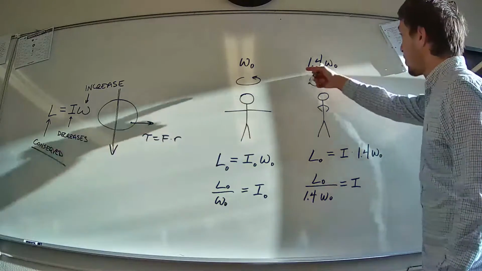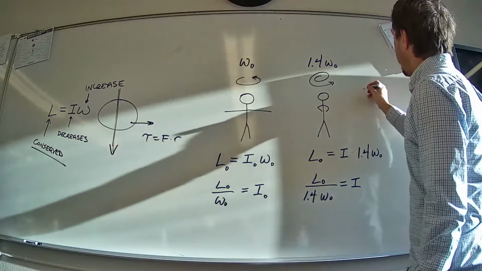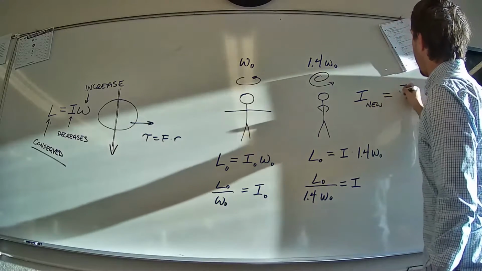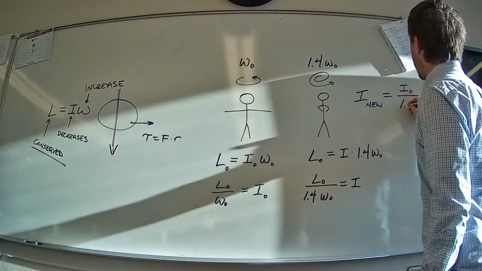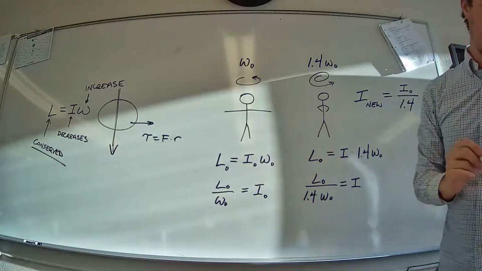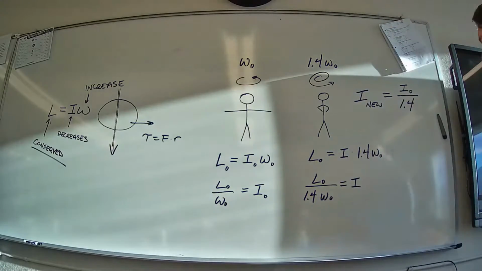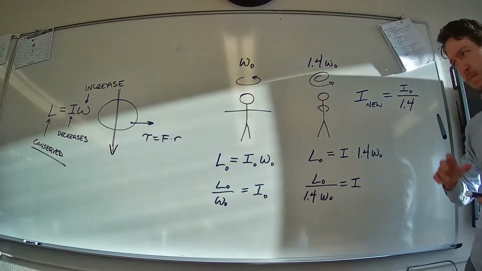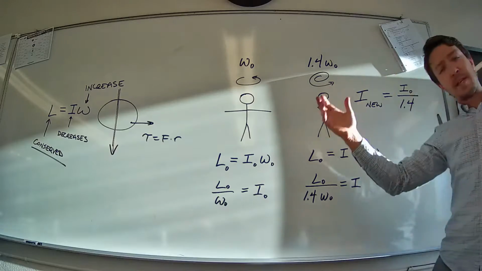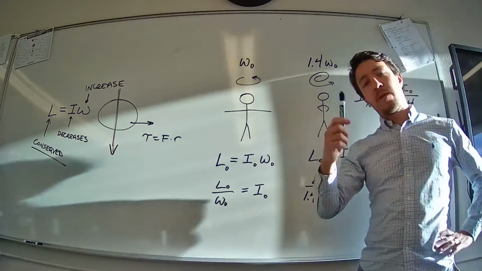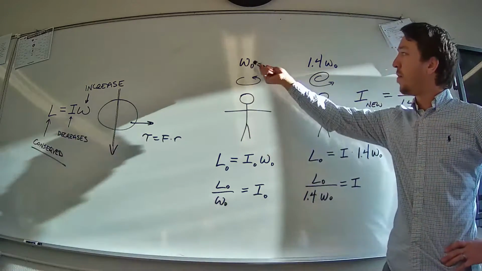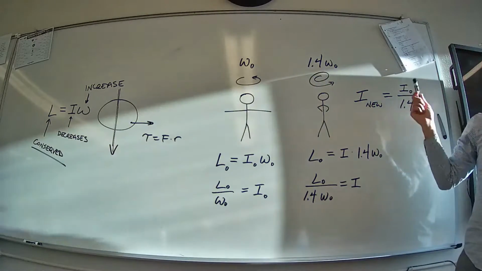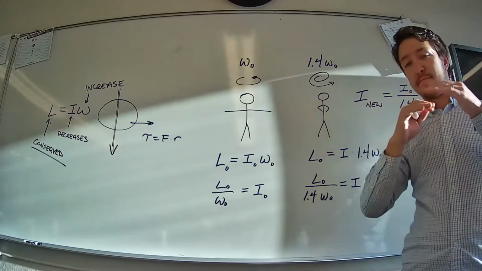So the answer to the question is the new I value is the old I value divided by 1.4. But let's put it into perspective of percents. So say I want to phrase it like this. In order to increase his angular velocity by 40%, he had to decrease his I value by,